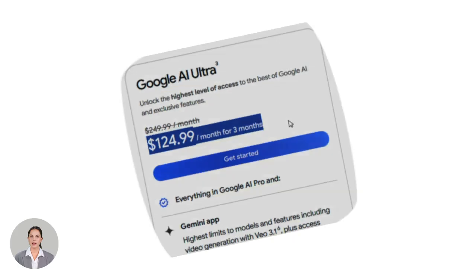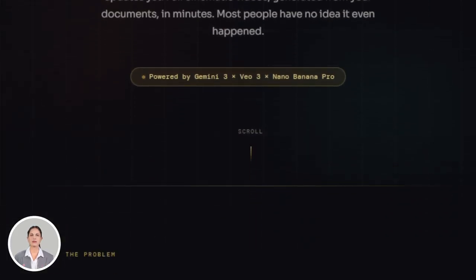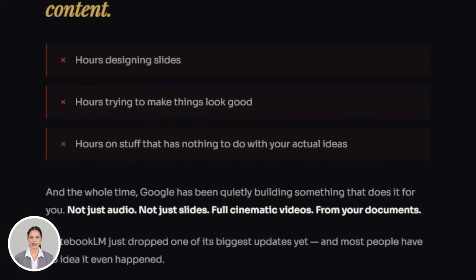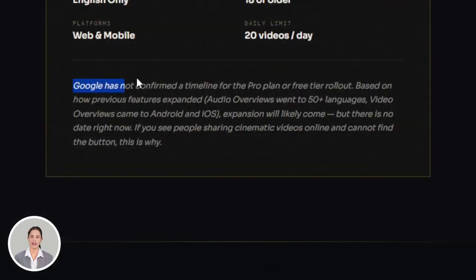That is a real cost, and it is worth knowing before you expect to just open NotebookLM and find this feature waiting for you. Google has not confirmed a timeline for when it will roll out to the Pro plan or the free tier. Based on how they have handled previous rollouts,